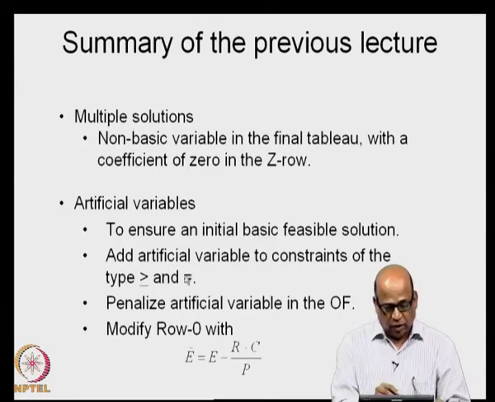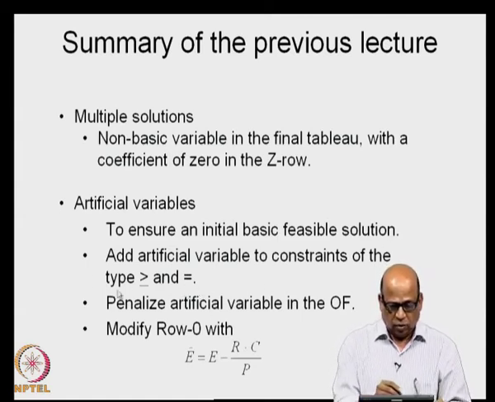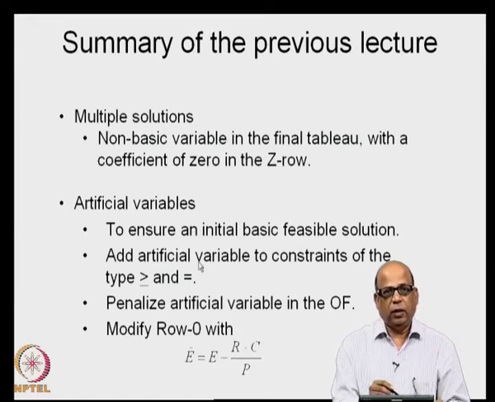Associated with each of the greater than or equal to and the equal to constraints, you introduce one artificial variable each. So, the artificial variables are essentially added to constraints of the type greater than or equal to and equal to. Because these were not existent in the original problem, you would like the artificial variables to assume a value of 0 in the final solution,